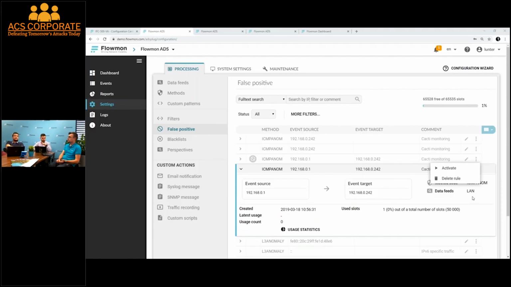So I think those are two questions: Flowmon 11 and ADS 11. Yes, Flowmon 11, I expect to be available in beta in spring 2020. And for Flowmon ADS, I think it's Q1, but I'm not the product owner of ADS, so